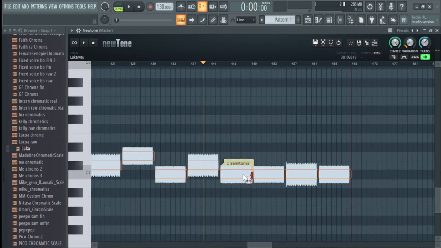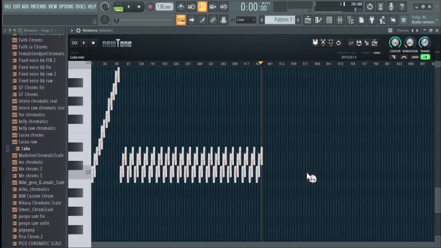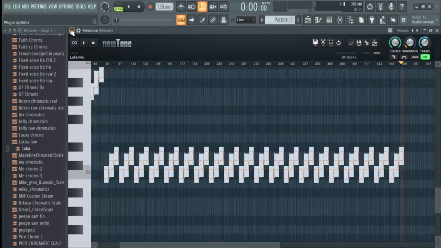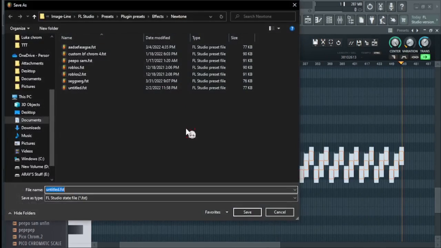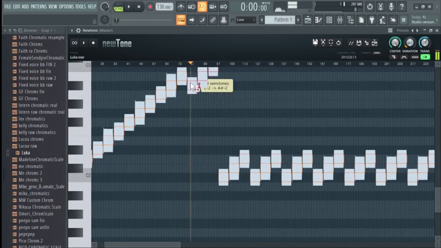Oh wow, we're pretty close to the end. Now, a word of advice: if you feel like your thing's about to crash, click save and then just name it something. As you can see, I have very descriptive naming. I also got these; I don't remember exactly what they're for. I think the Peepo Sam was to make